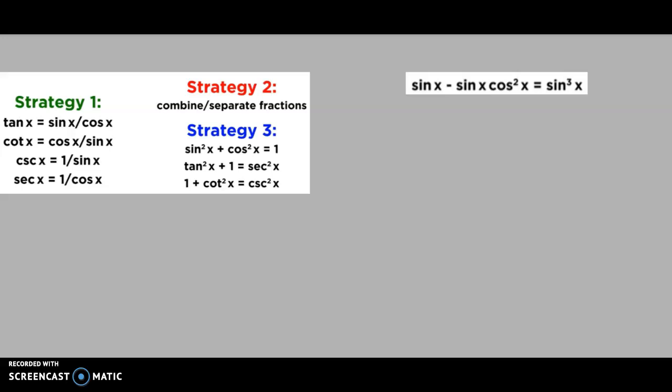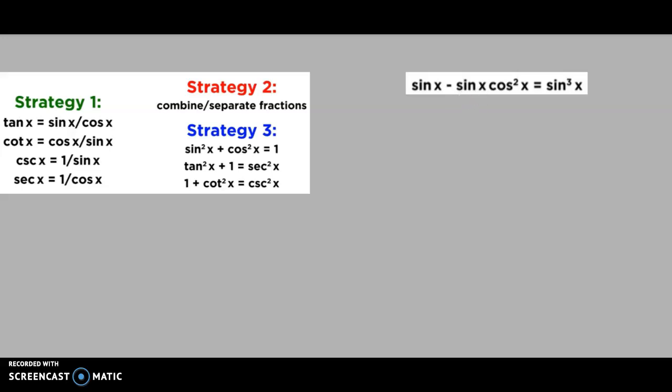All right, let's look at the last one real quick. So we're looking at, again, I think I want to simplify the left side of this first. There's not a lot of identities that I can think of that have to do with sine cubed of x. I mean, there's probably some ways that you could start out with the right side here, but I'm gonna look